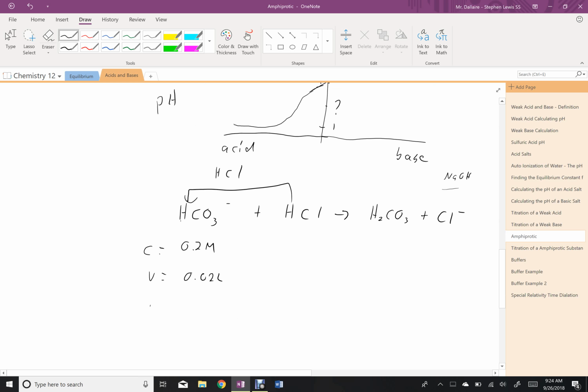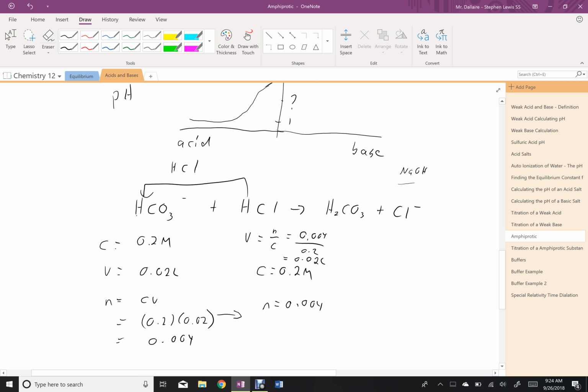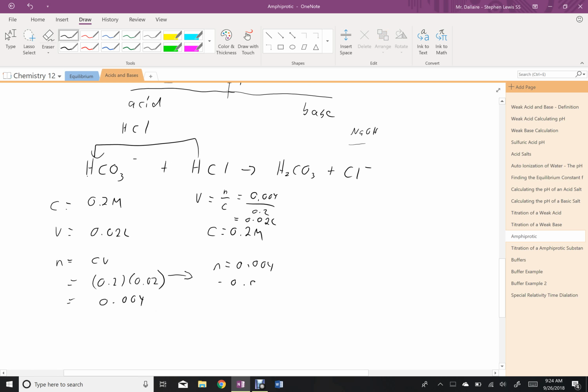And we want to know what's happening at equivalence, so I'll find my moles. I'm going to take that moles and recognize that if it's at equivalence, that's the same as the moles for HCl. Working backwards then, since I'm using a 0.2 molar HCl, I can find my volume. And because my concentrations are the same, this happens to be the same volume, but it wouldn't always, so that's why I'm calculating it. Assuming that these react to completion,